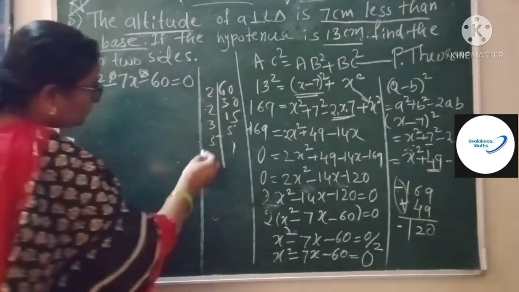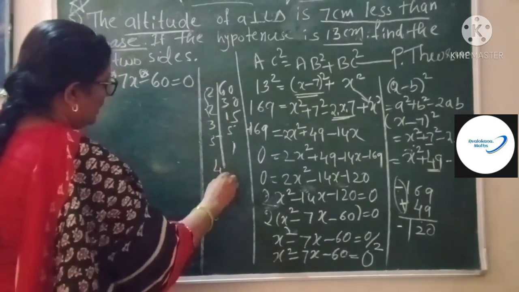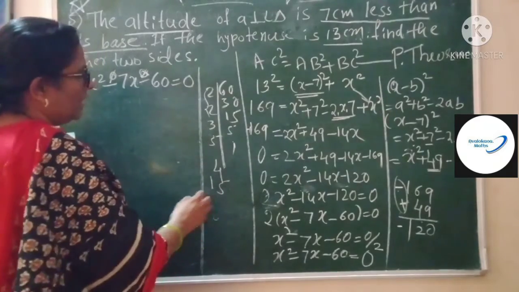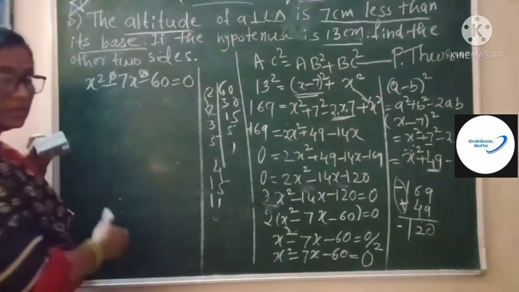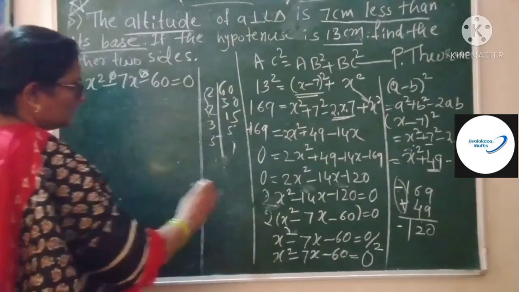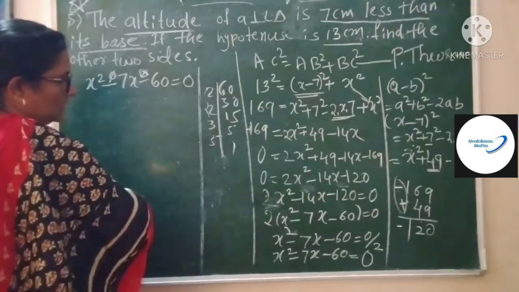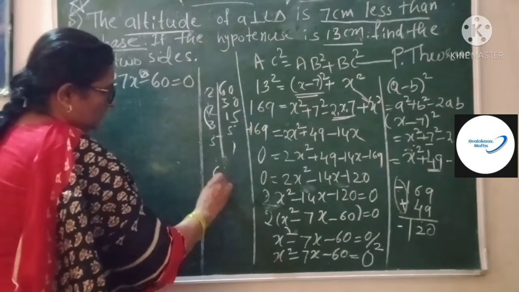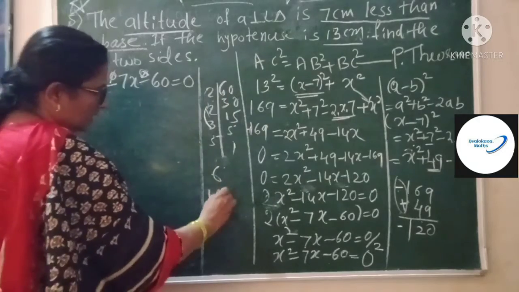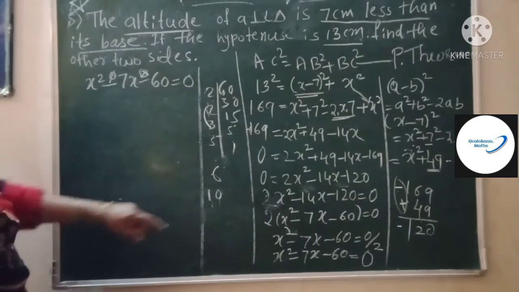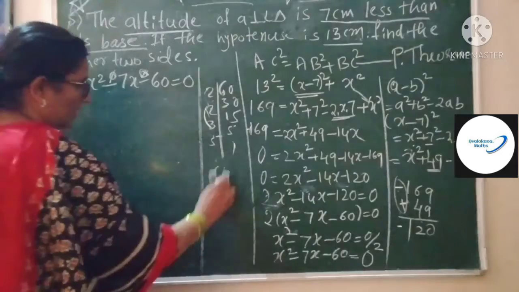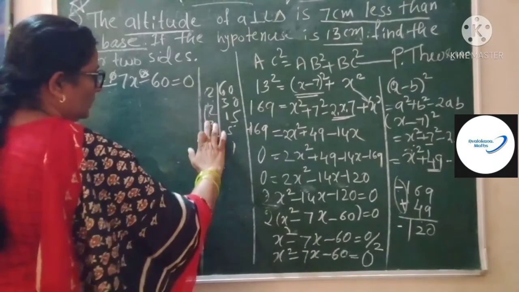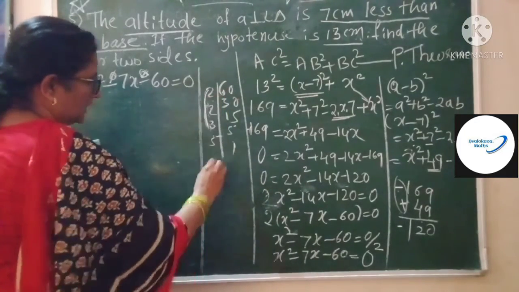So here 4 times 15 is 60. 15 minus 4 gives 11, so this combination will not work. What I will do here, see, we can rearrange: 6 times 10 is 60. This also does not work, because 10 minus 6 gives you 4. Now look at this one. I will make this one: 5 times 12, 4 times 15... 12 minus 4.